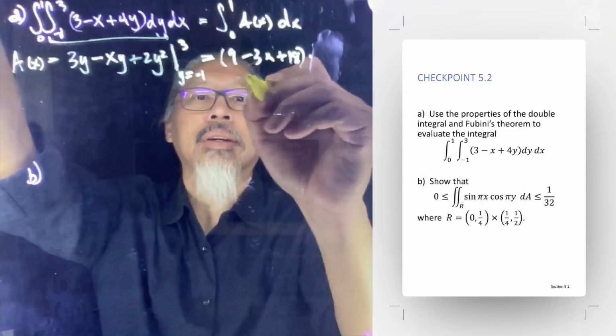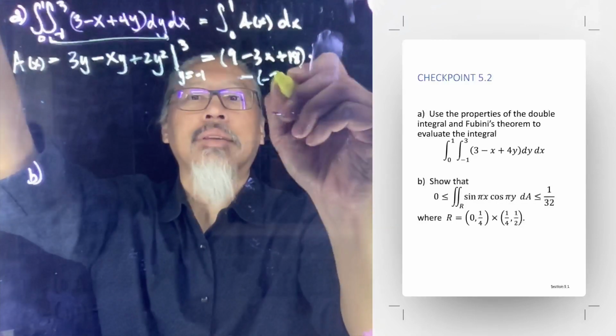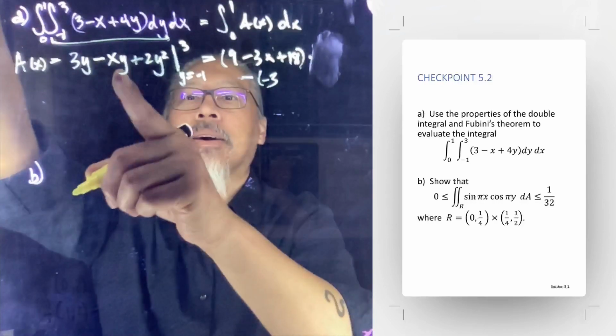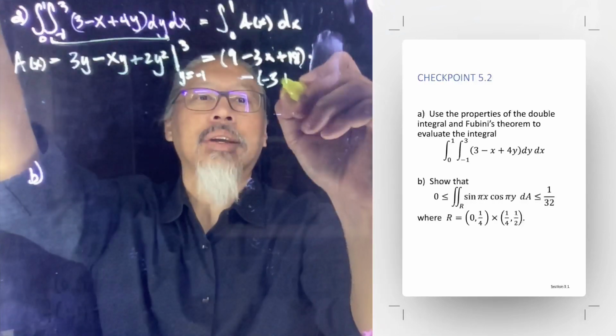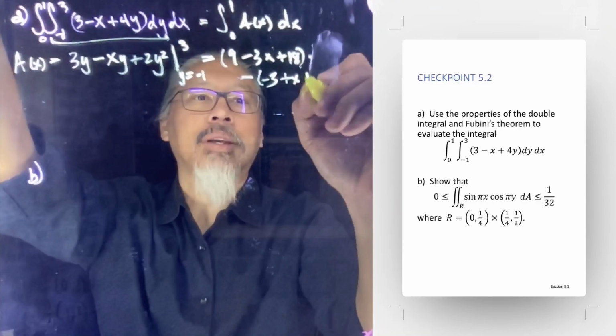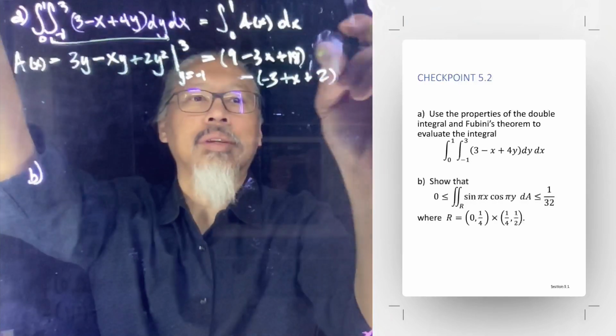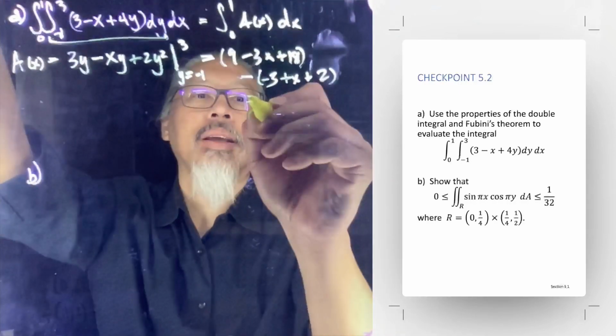It's going to be minus, -3, -1 times negative x is positive x. And -1 squared is 1, times 2 is positive 2. So we'll add this, and we will get